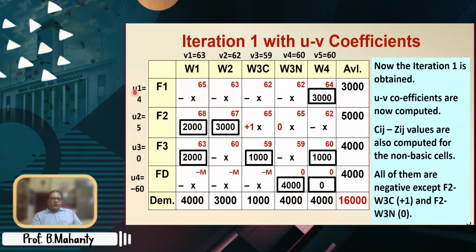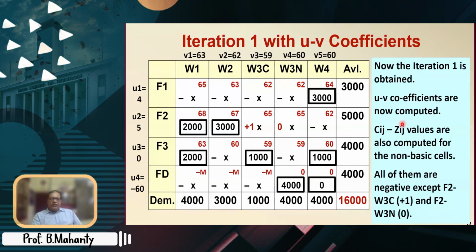All right, so almost everything we are getting. Now we have already got this 60 and this 0. So this 60 and 0 would give a minus 60 here, and these minus 60 and 0 would give a 60 here. Thereafter, after we calculate the Cij minus Zij values, because 65 minus 4 minus 63 is minus,